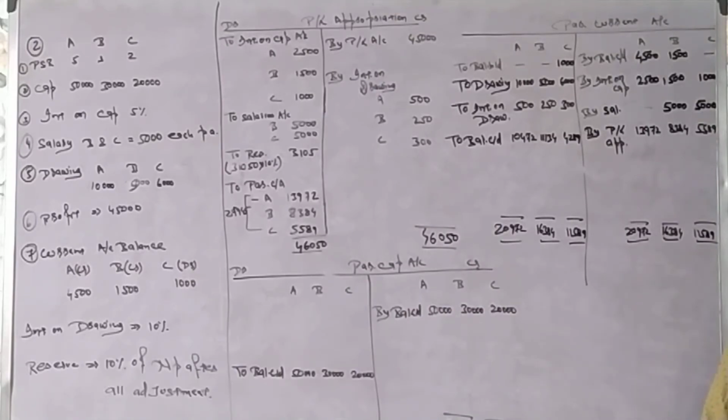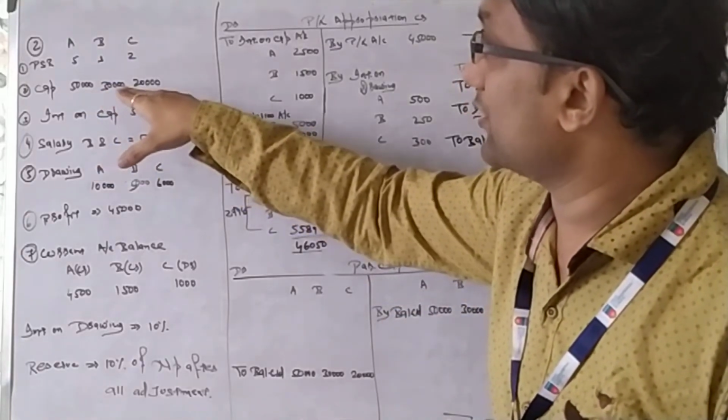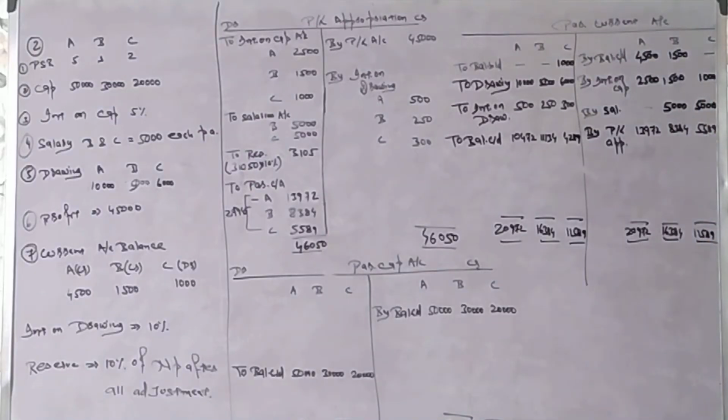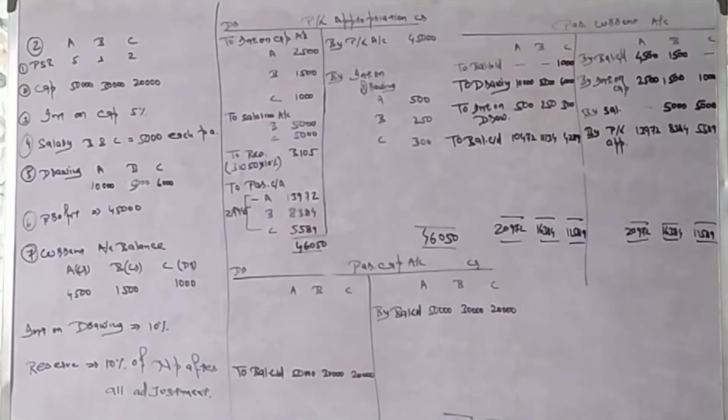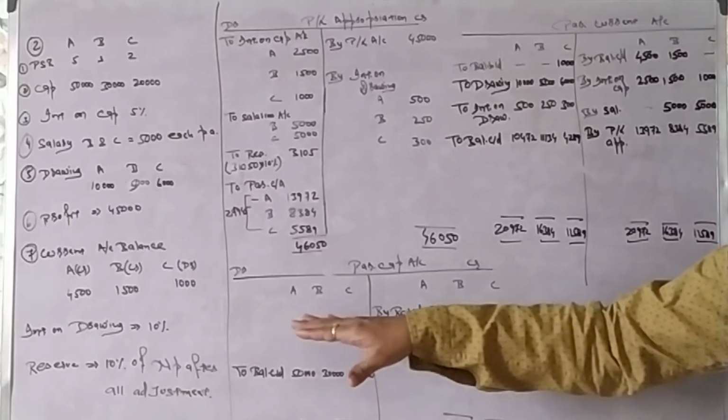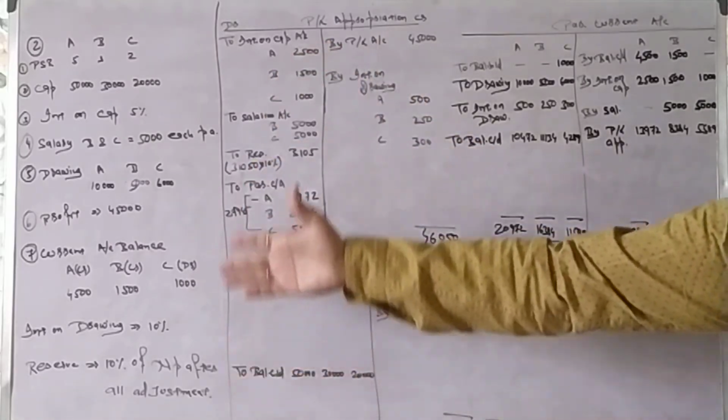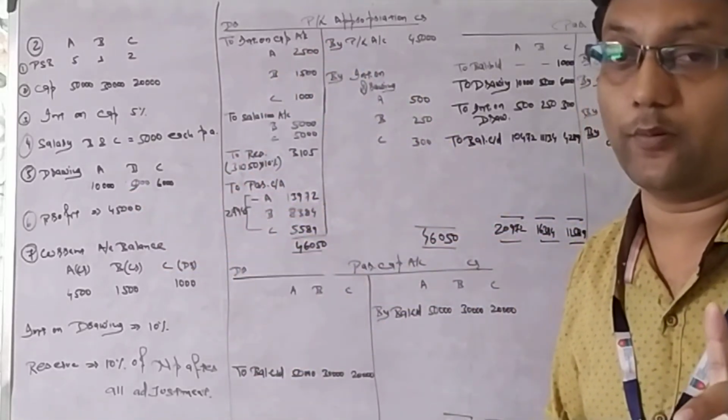Second account we will open, partners capital account. Now listen very carefully. We have got our opening balance of capital 50,000, 30,000, 20,000. They have given you the opening balance of capital, and I have put all the opening balances. During the year they have not brought any further capital and there is no permanent drawing. During the year there is drawing but it is not permanent drawing.